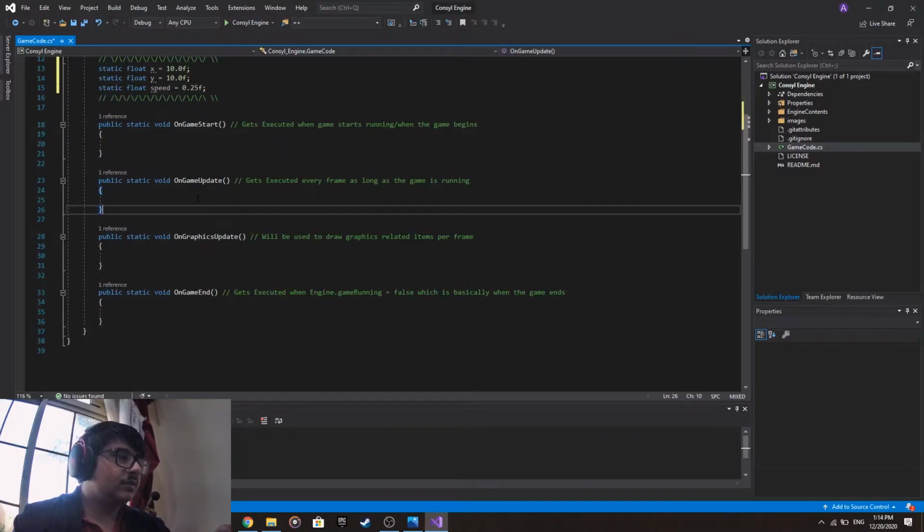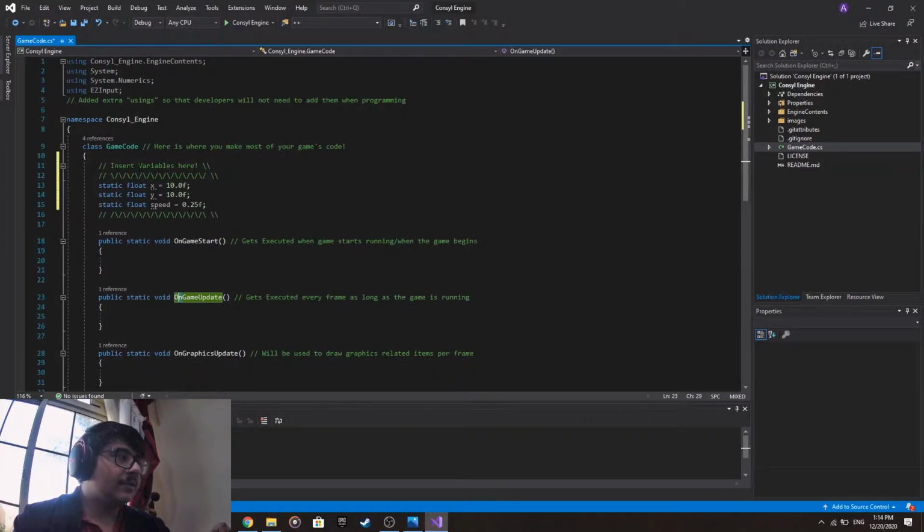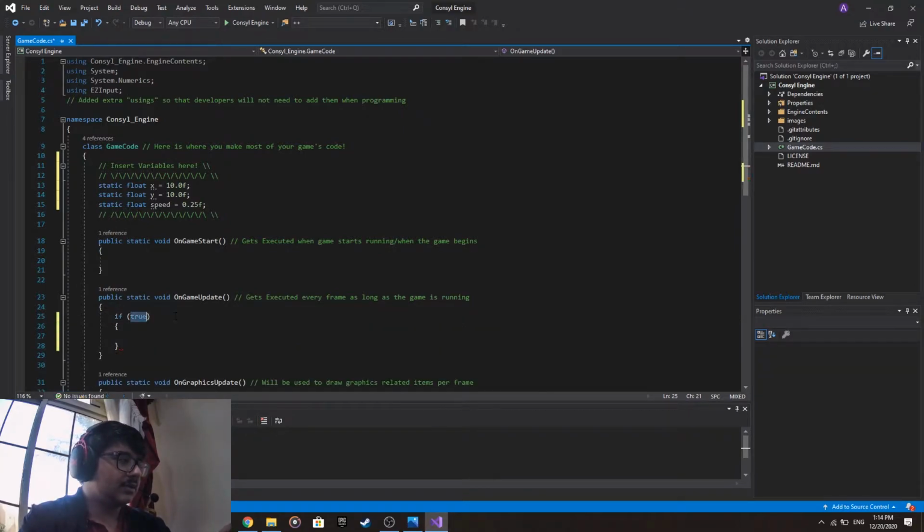So in order to allow input, you have to add this on game update. On game update is where you add the inputs and the calculations and whatever. You can do this: press tab twice and it will add this template. So we do